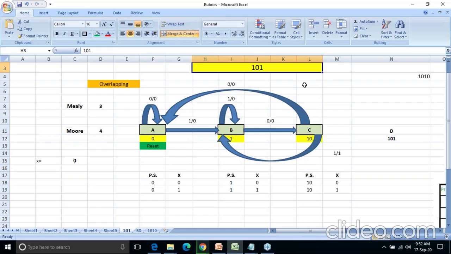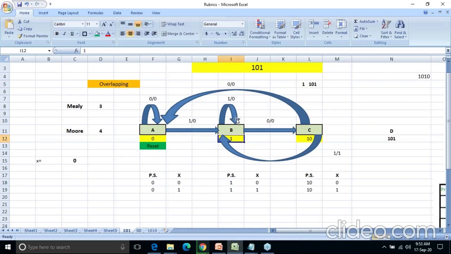Now consider 1. My first bit detected is 1 and the second bit is also 1. So is it a sequence? I needed 101, but what do we have here? It has a second one. So I will not get the sequence, but this second one can be my first one, because the sequence can also be like this: one you have already detected, and again one is coming. After that also it might come 0 and 1. So this second one is acting as my first one of the sequence. Where is one detected? One is detected at this point, and that's why you need to apply a self loop.